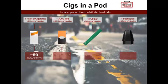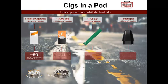If you don't know, a standard pack of cigarettes contains 20 cigarettes. There is 1 milligram of nicotine absorption per cigarette, so about 20 milligrams of nicotine delivered to the body from a whole pack of cigarettes. Unlike other e-juice, which may or may not contain nicotine, all salt-based e-juice contains nicotine. According to Juul Labs, 1 Juul pod contains 41.3 milligrams of nicotine. This is equal to the amount of nicotine you'll find in about 40 cigarettes,